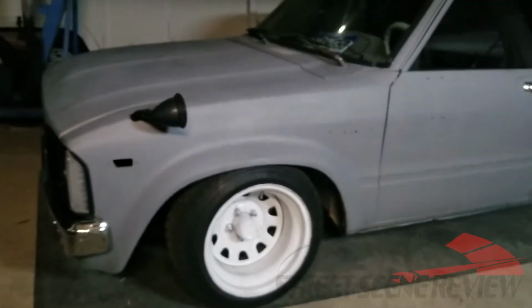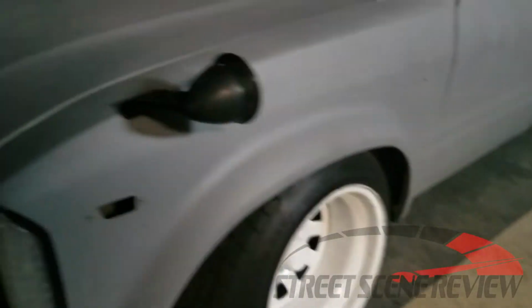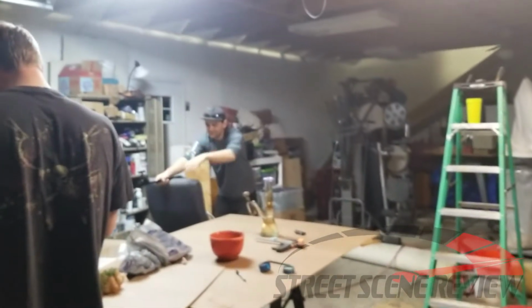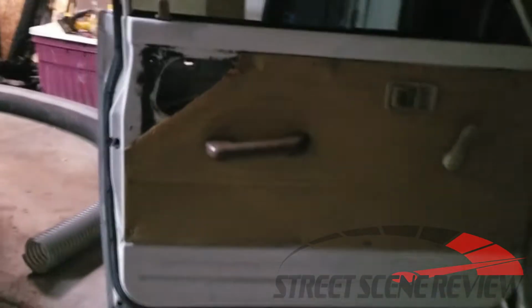Coming at you with a little bit of a build series. Tonight we're working on this lovely, beautiful mini truck owned by my homie over here, Brian. Say hi, Brian. Hi, Internet. Hi, Internet, he says. So basically what we're looking at here is, as you can see, his door cards are